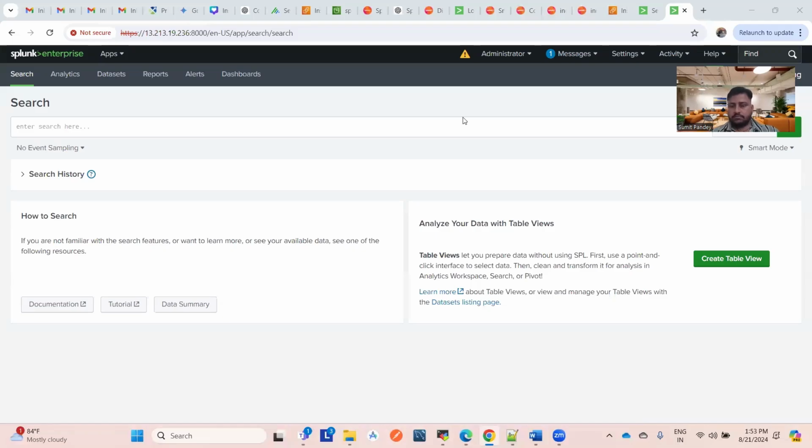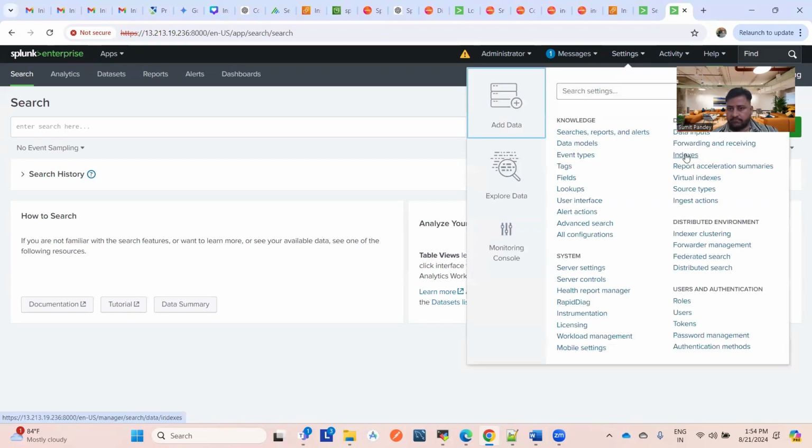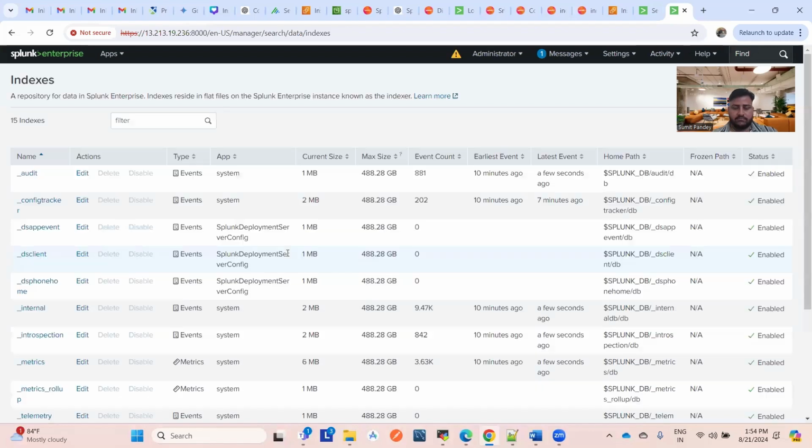Okay. So, today I'm going to discuss some important aspects of index configurations in Splunk. So basically, I wanted to discuss the Splunk index life cycle, and if you want to set up the backup of the data before it gets deleted, right? So if you can see my screen,